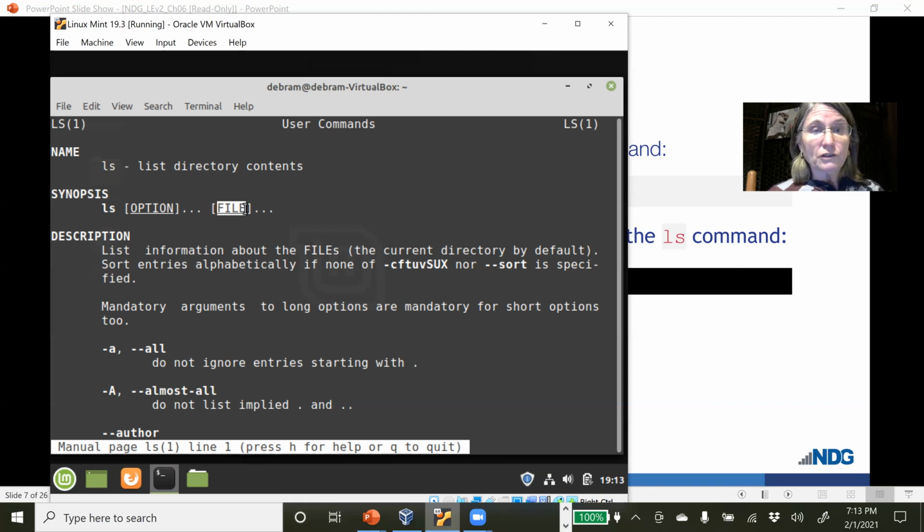So the description tells us that ls lists information about files in the current directory by default and sorts entries alphabetically if we have not given any special options to indicate otherwise. And then we have information about the options. Now, the first -A is usually the